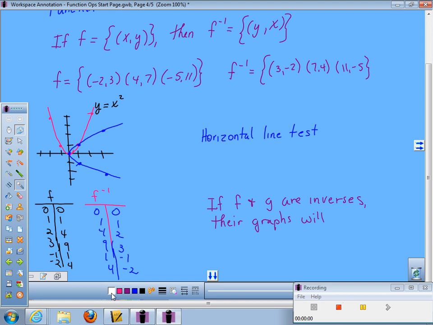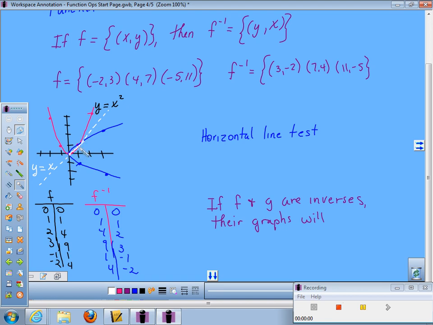Well, since the points 0, 0, and 1, 1 are the same, the line has to be going through there. I'm going to draw this imaginary dotted line down the middle here. And you'll discover that that line happens to be the line y equals x. It's the perfect diagonal line that goes through 1, 1, 2, 2, 3, 3, 4, 4. All inverses reflect across that line. Everything that's an inverse